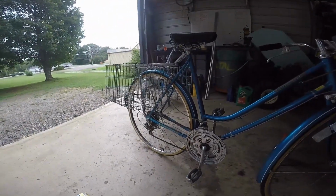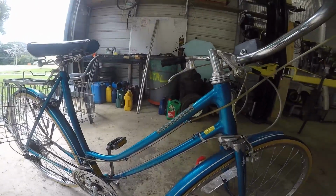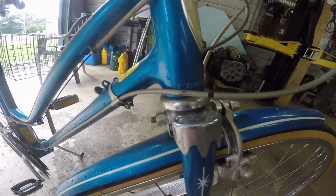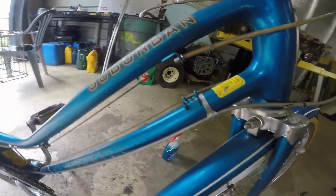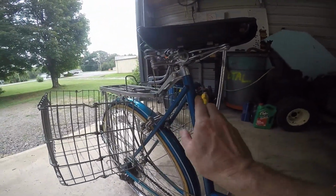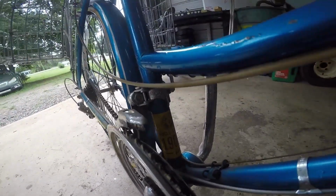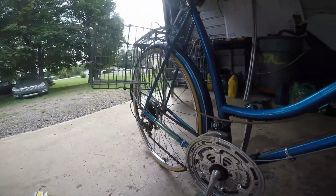Hey, if any of you can tell me what year this is, I sure would appreciate it. I do know it's the Suburban model. 27-inch wheels. It's got this number right here. You can read that. It had a little emblem right here, and as soon as I just touched it with water and soap, it came off. But also it has that. Does that have a year on it? Anyhow, like I say,